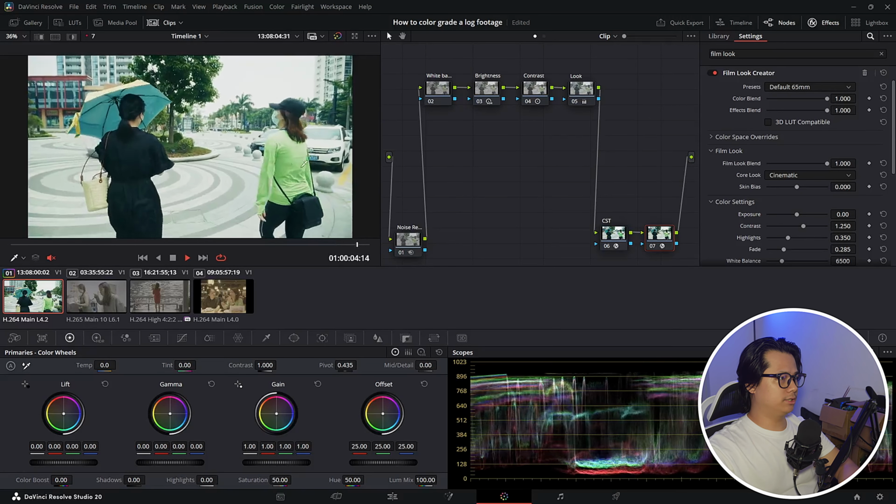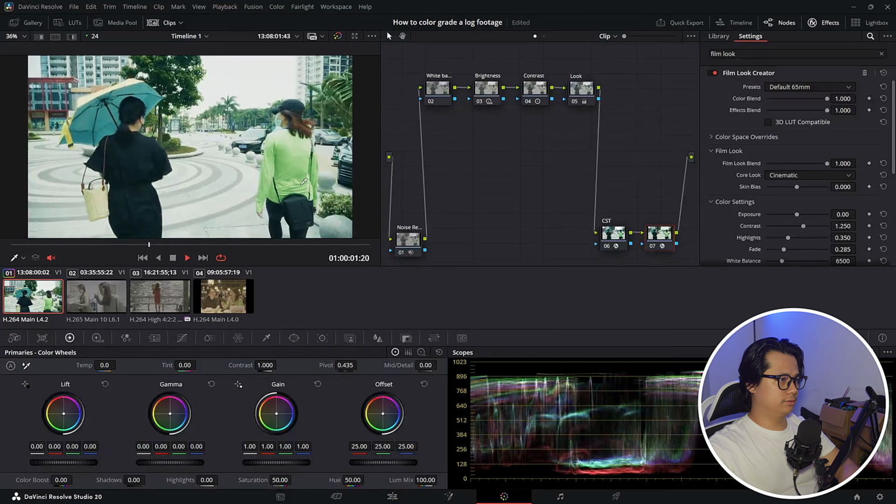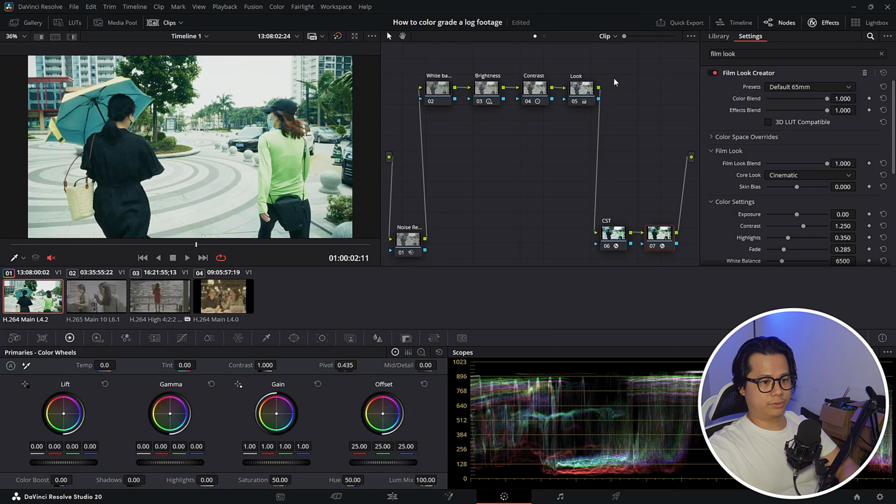We can play it back to see. Oh yeah, it's a little bit too bright actually. When I shot this footage, the sky was just blown out, flat blown out. So right here we can change our preset to default 35mm, and 35mm is actually like full frame for our camera. 35mm, and then we can tone this down a little bit, color blend to,